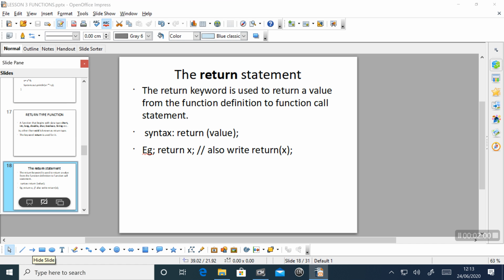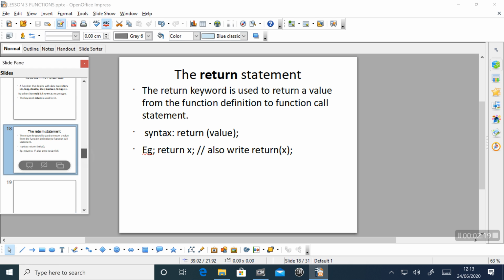Look at the syntax of the return statement. Return in parenthesis a value, or we can avoid the parenthesis and simply write return x. Okay, this is the return statement.